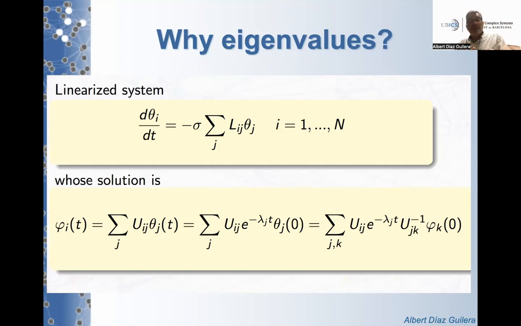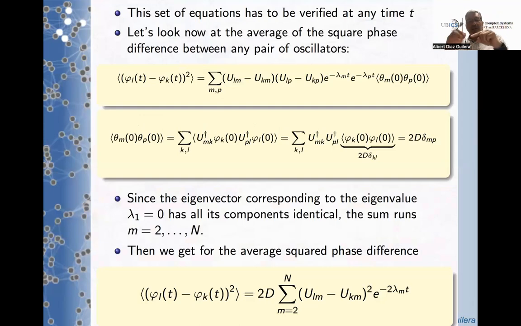diffusion in a matrix. Because here you have a very simple example, in which you have this equation with the Laplacian, so it's a linear set of differential equations, and you can write this set of differential equations in terms of the normal modes. So this is a very typical algebraic procedure. So you can write in terms of this, and then you can take this set of equations and play a little bit with them, and look at the difference at any time,